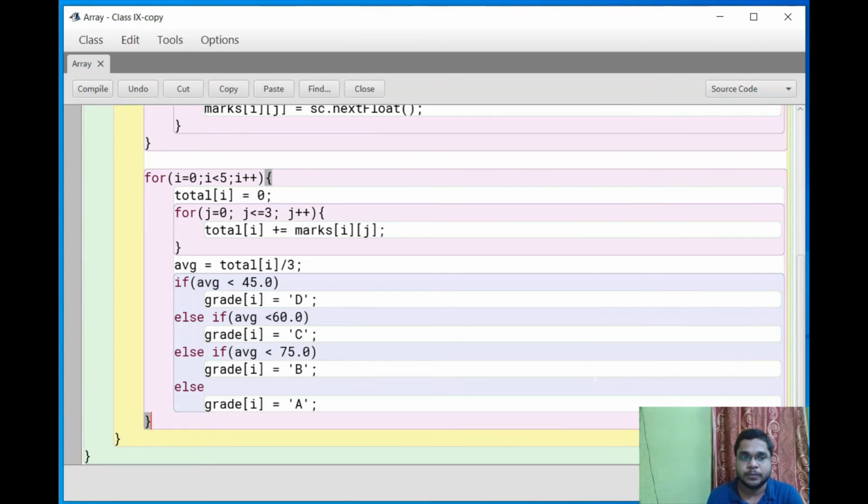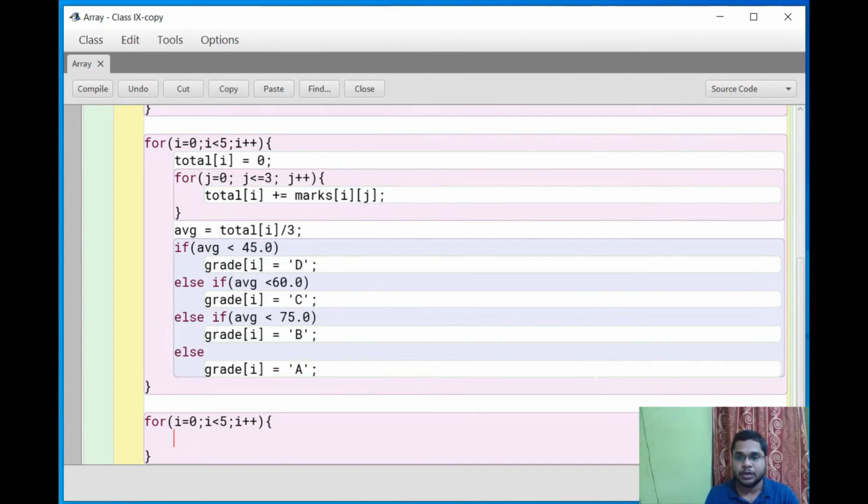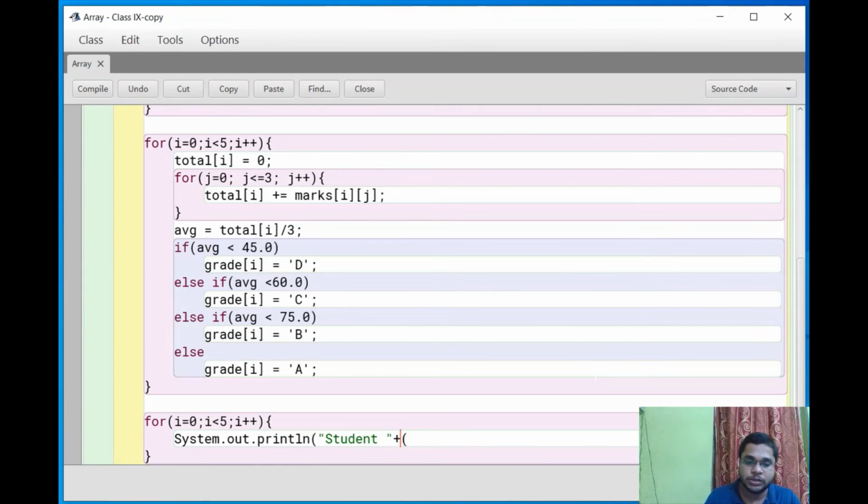Now we have to print the result. So for printing the result, again I am taking another for loop. i equals 0, i less than 5, i plus plus. Now System.out.println, here I am writing the student number like 1, 2, so this is i plus 1.